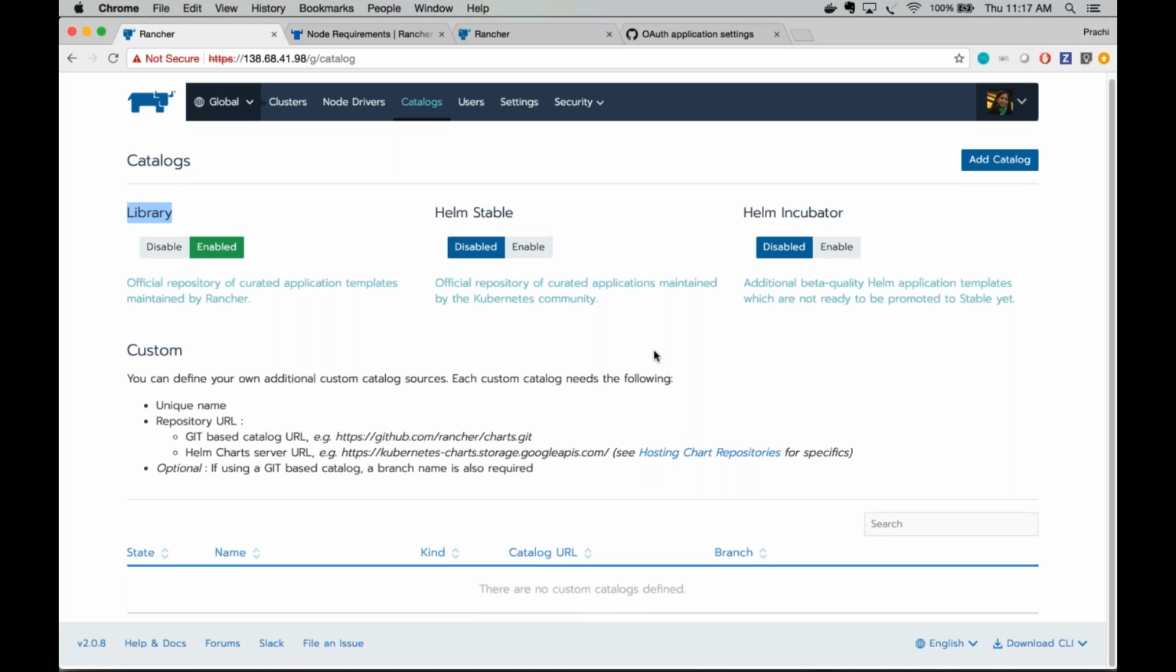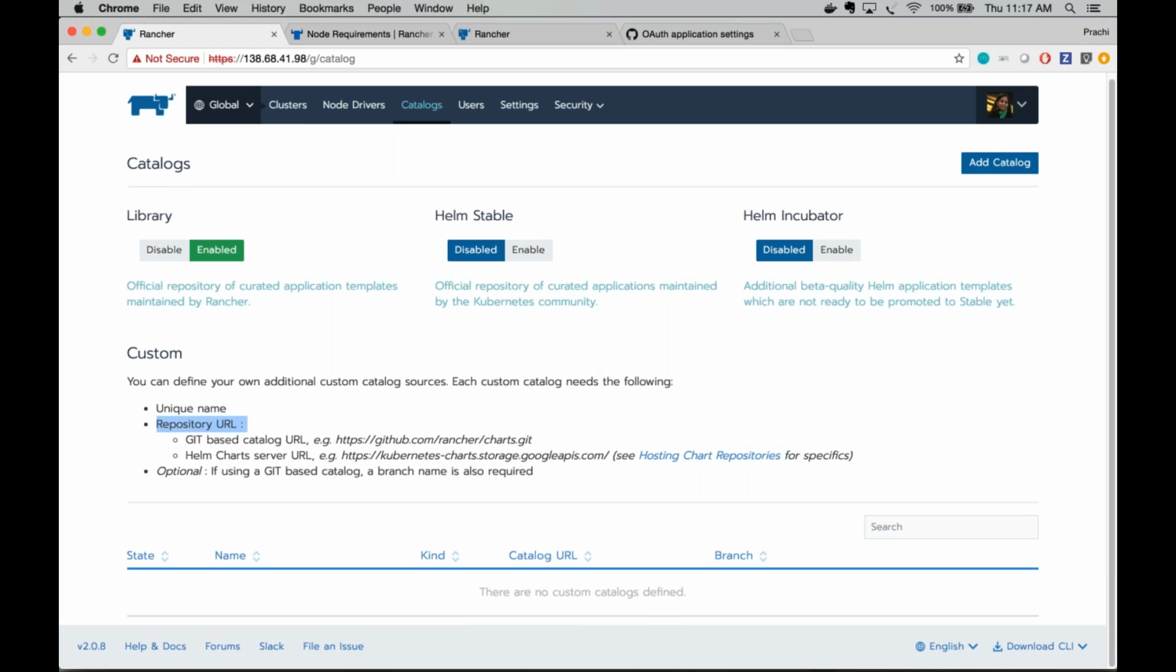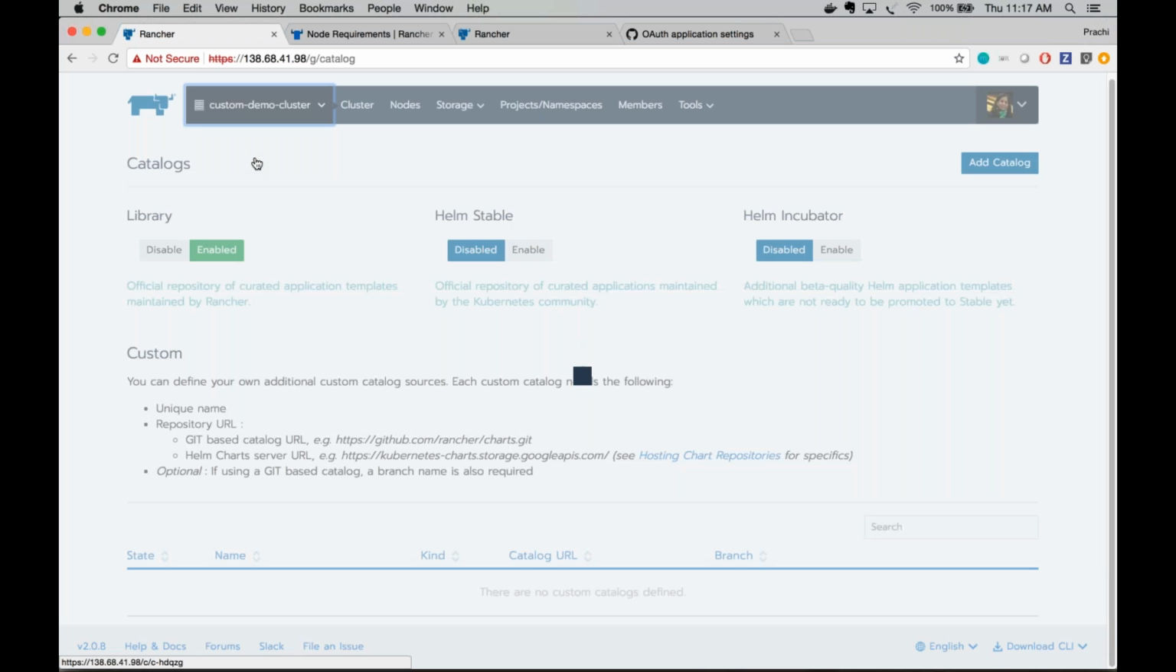And you can always also add your own catalog. If you have created some Helm charts, you can host them on GitHub, a Git-based catalog URL, and add a custom catalog. And Rancher will pull those Helm charts and show you within your cluster for easy launching the applications. So under cluster,